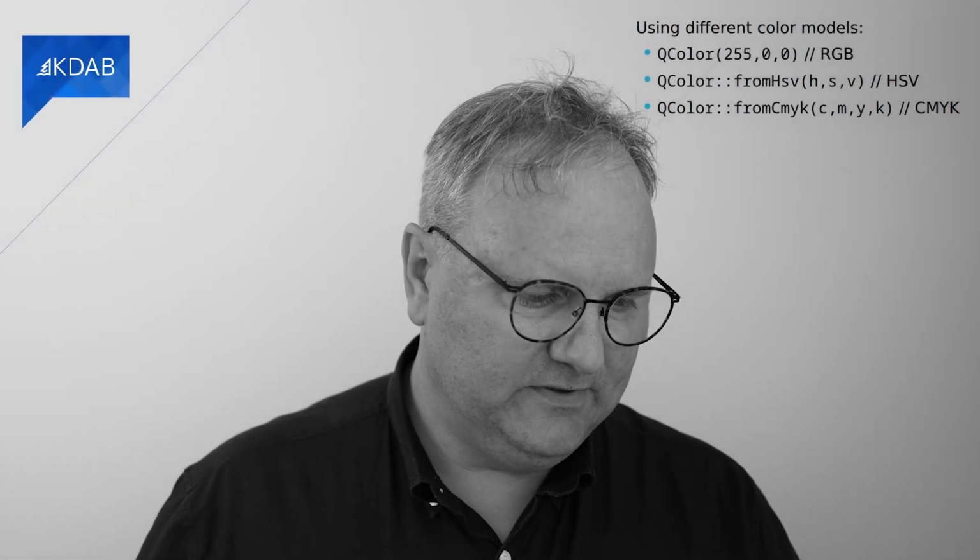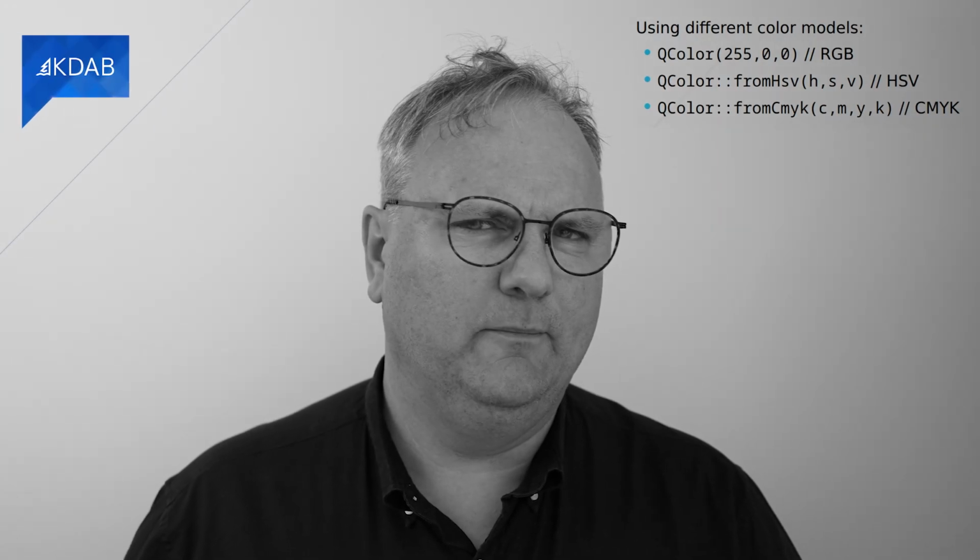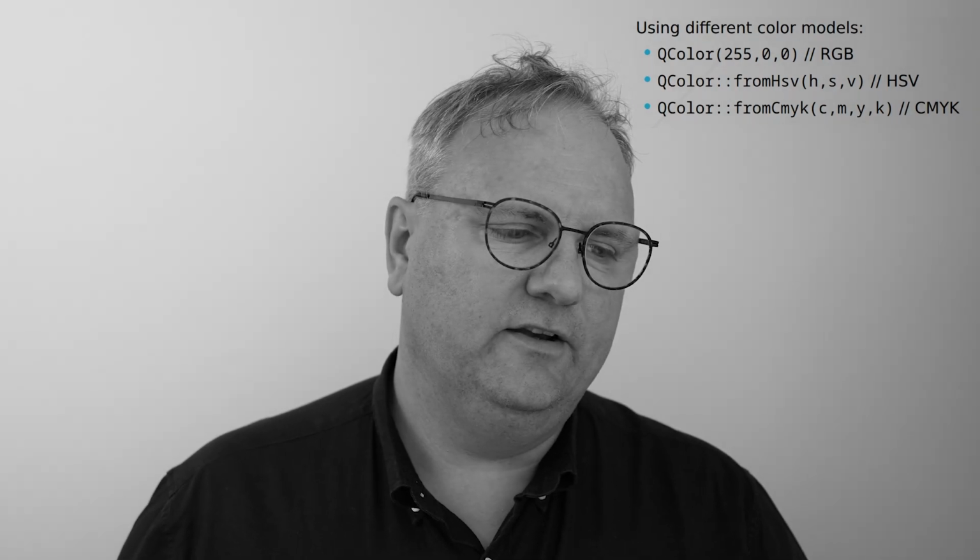But obviously your application is not going to be black and white, so you need to add some colors there. You can choose from 3 different color schemes. I believe they're called color spaces. That's the word I was searching for. RGB, which is your usual red, green, and blue component. That is how I believe that the TVs in the old days used to work. Then we have HSV, hue, saturation, and value.